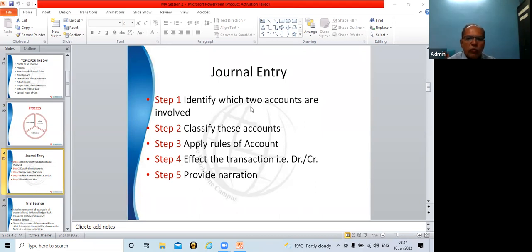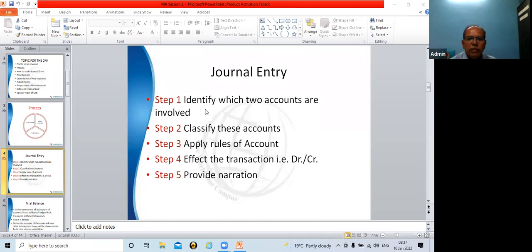Now, here we will identify the accounts which are involved. So accounts involved are cash, machinery, building, furniture, and Amit's capital. We can say Amit's because who has given capital? Whose capital is this? Amit's capital. Even if you write capital, no issue. But if you write Amit's capital, that will be more appropriate. Both answers are correct, but I would like to make you more appropriate.